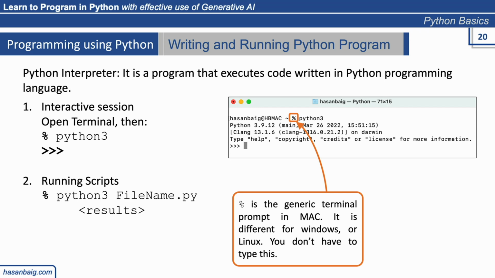Any questions here? Again, the first approach of writing a program is just for testing immediately, if you want to test anything out. It should not be used for writing or developing large programs. So the right way of doing it is running scripts. So now